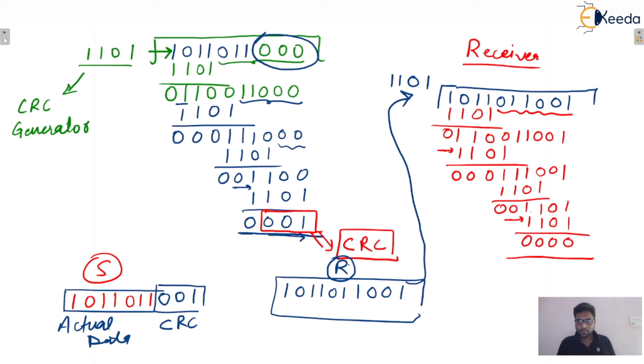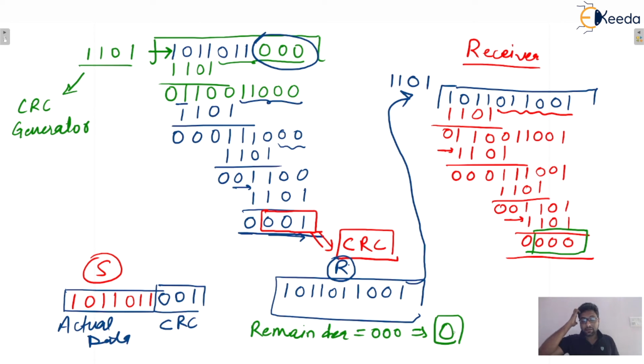So what is the remainder here? Take the remainder 3 bits from the LSB, the least significant bits. Because the CRC generator is of 4 bits, take 3 LSB bits, that is the remainder. So at the receiver end, the remainder after calculation is 3 zeros. In decimal, that is 0 only. So if the remainder is 0, then the receiver will conclude that there is no error in the data. I hope this is clear to everyone. Okay, guys? So that is the concept.